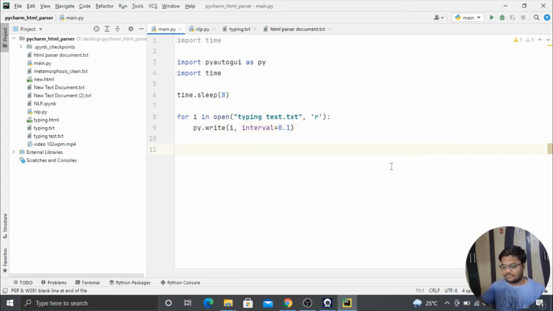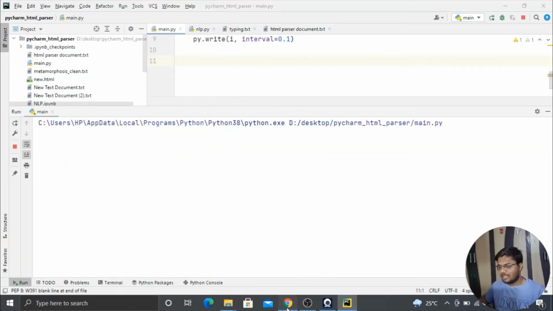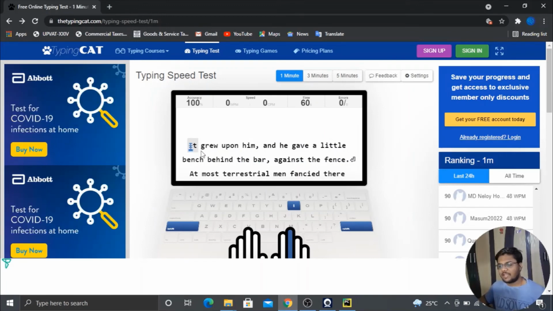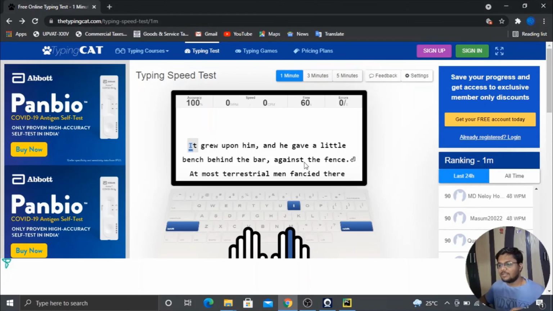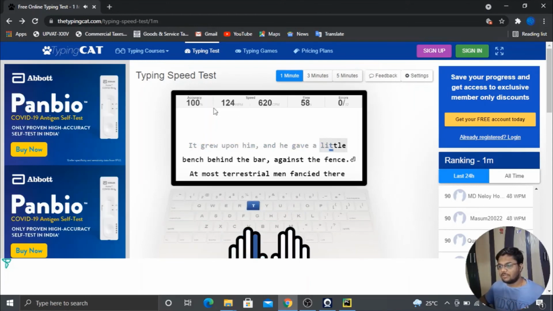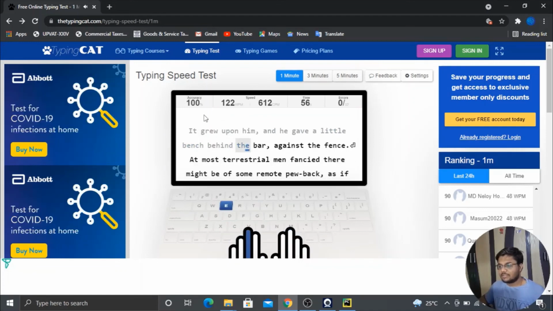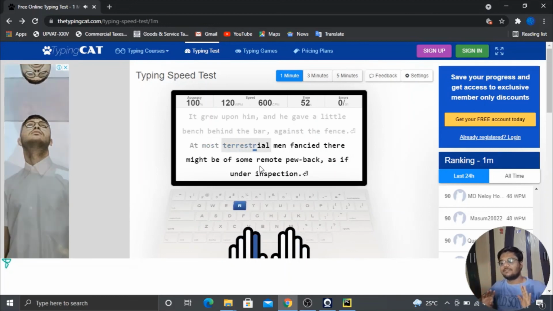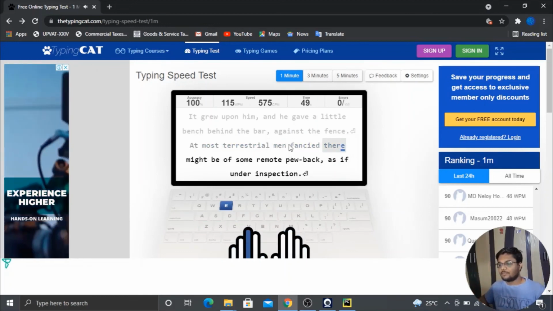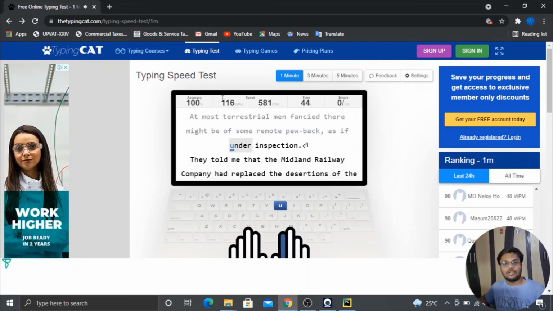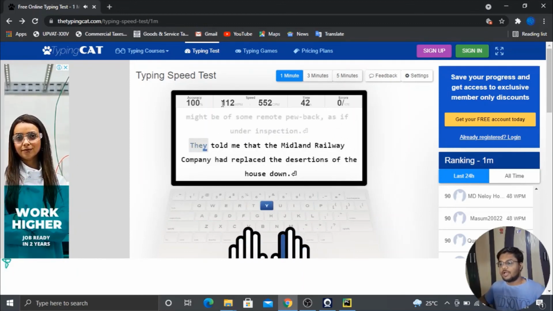And now, guys, if I run this program, so Control Shift F10, and let me reach to the website, and I will click over here. Now after the 8 seconds, it will automatically start typing, and as we have passed the interval of 0.1 second, the typing speed would definitely be great. Here you can see, and with 100% accuracy. So guys, it is typing by itself and with such great accuracy. So this was a little hack for typing with 100% accuracy and with a speed of over 100 words per minute.